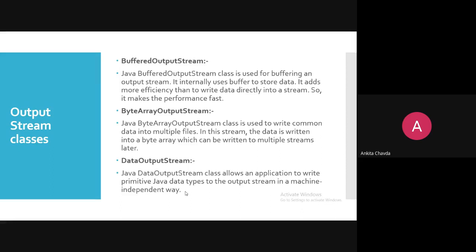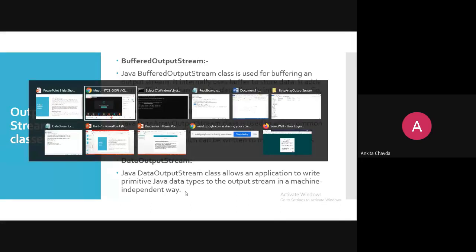So you already know the Java primitive data types: if it is an integer in Java, it will take 4 bytes. If it is a character, it will take 2 bytes. If it is a float, it will take 4 bytes. If it is a double, 8 bytes, long, again 8 bytes. So in that way, in those bytes, you are actually writing the data. I'll show you the example and it will be more clear to you.